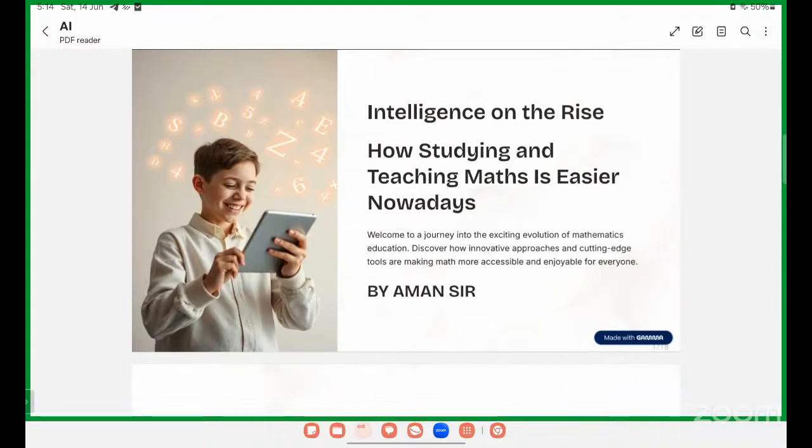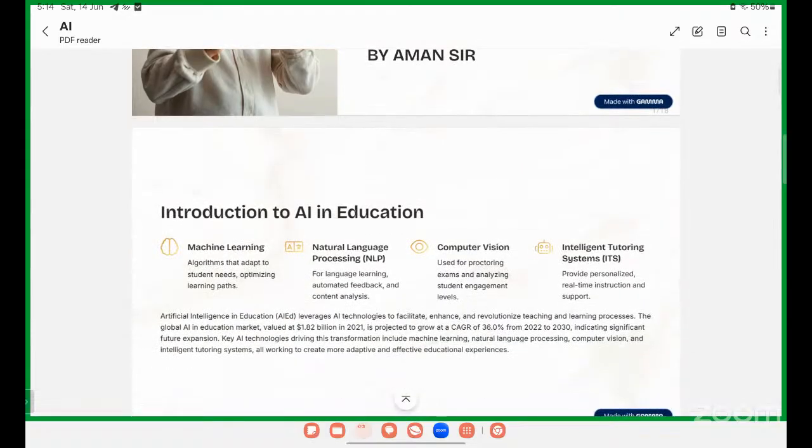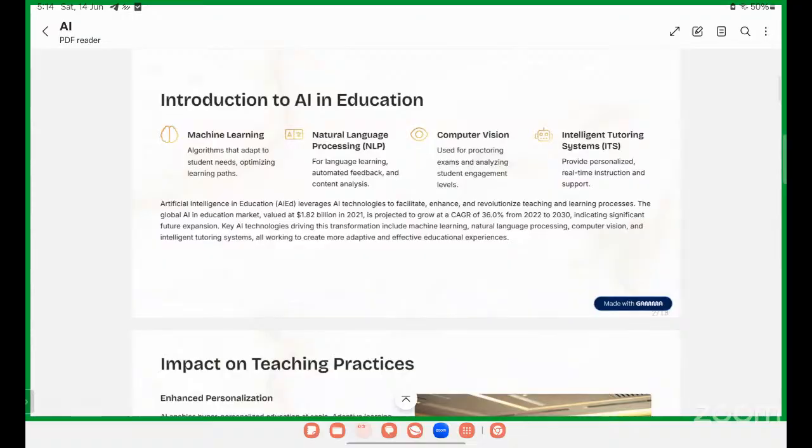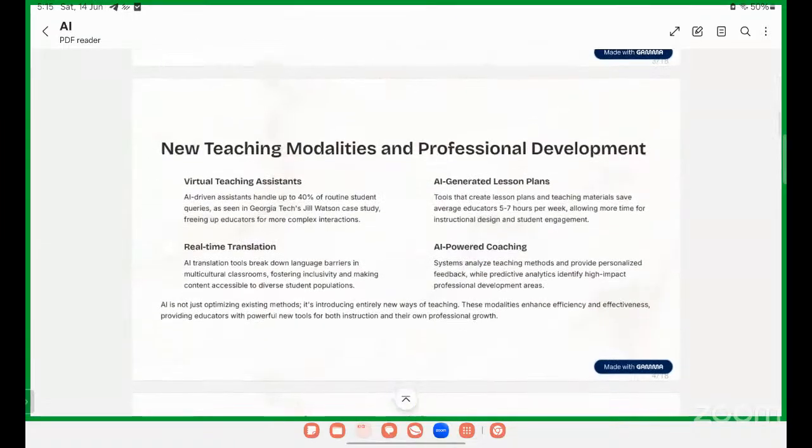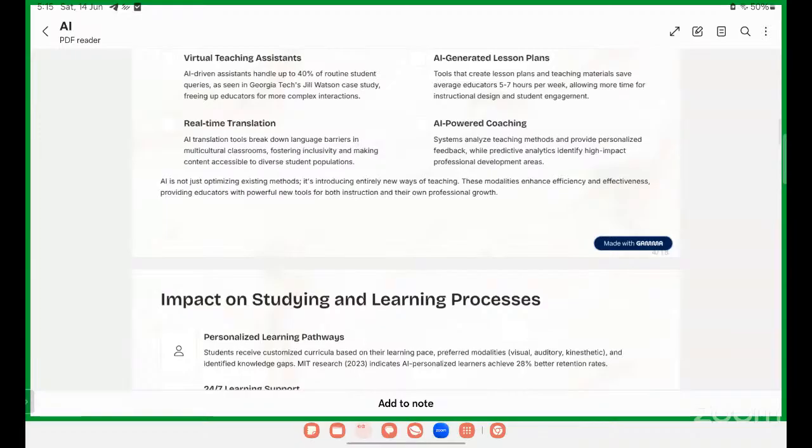Okay, so this is all about AI and intelligence on the rise. So we covered what the challenges are and what the thinking is, and what we can do as educators or teachers.